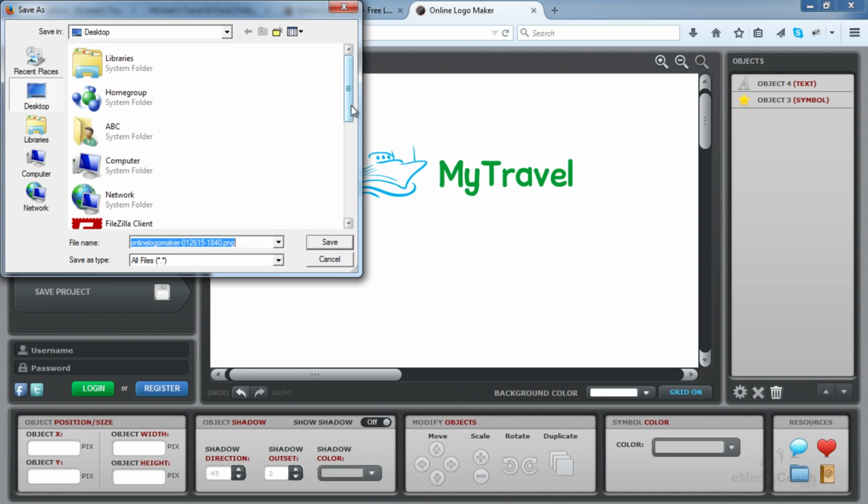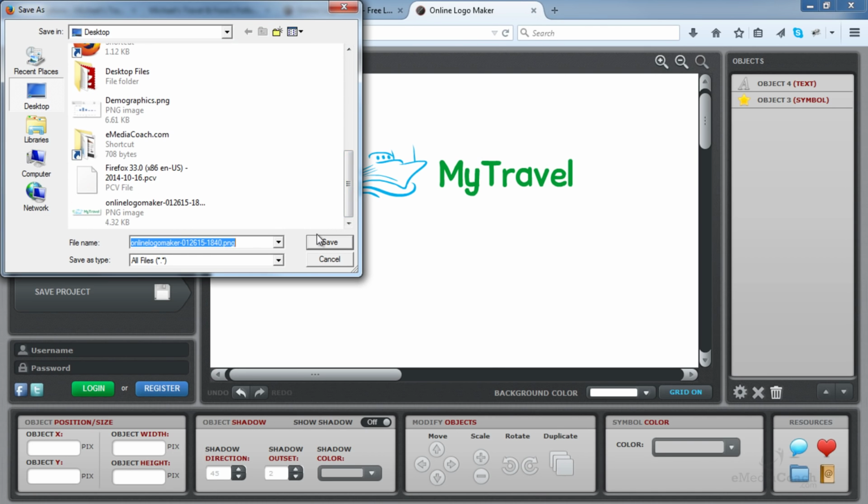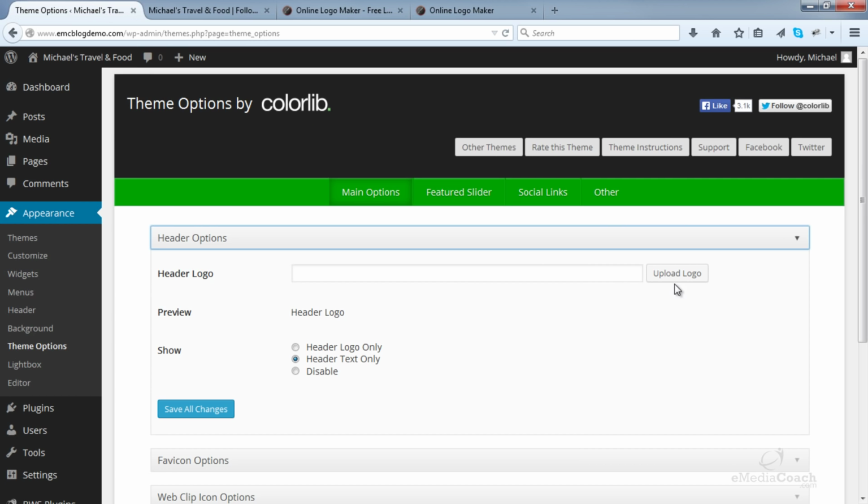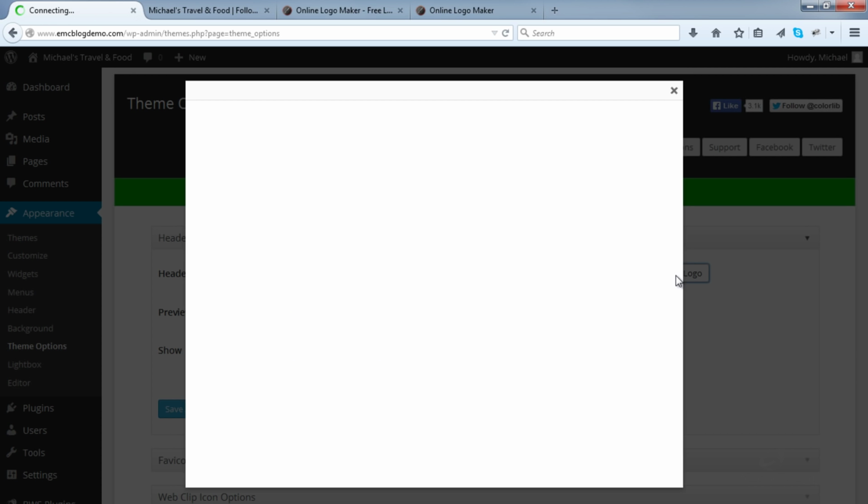Save that onto your computer. Now you can go in and upload that logo to your blog.